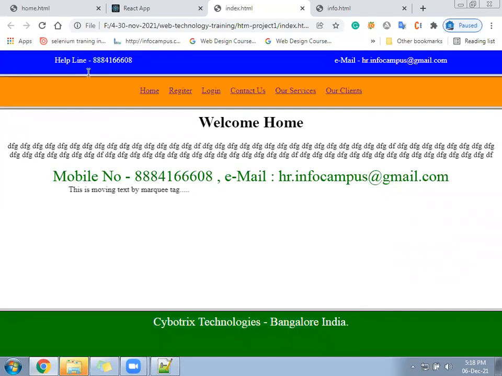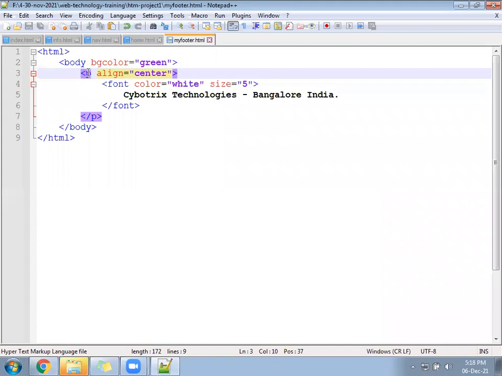Then from the index file, you can apply the border as 0. In the index file for the frameset, you can apply the border 0. All the borders will get removed. Your page will look completely clean.